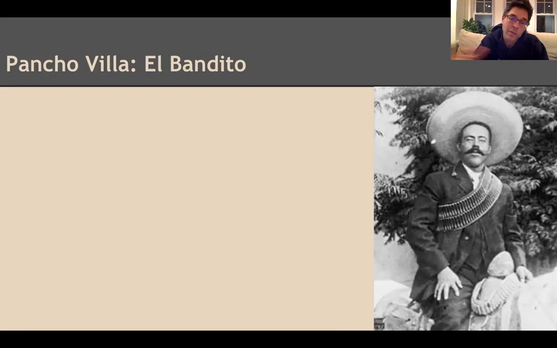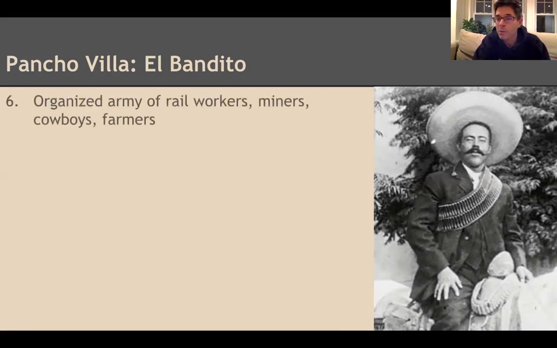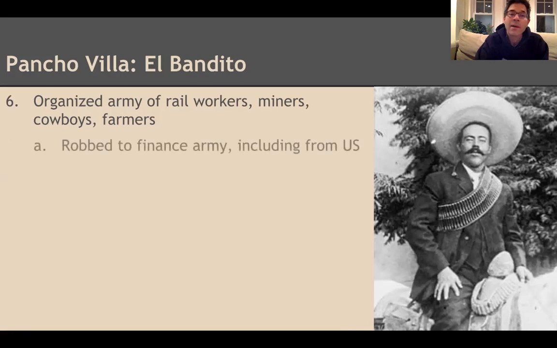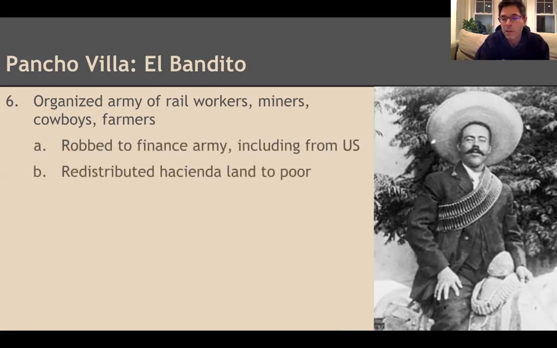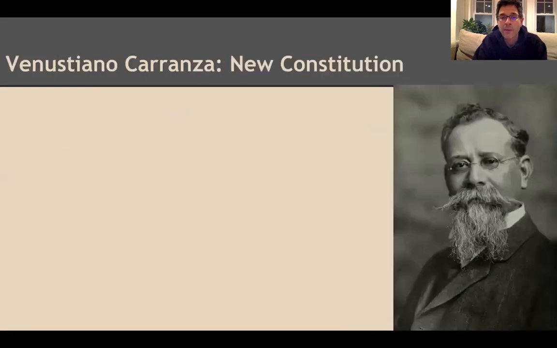The other figure who's based further up north is Pancho Villa. There's a little statuette of Villa also in the filing cabinet in room 346. He basically was a bandit, a Robin Hood type who smuggled and robbed from the United States and from others. He organized more people who were more associated with the industrial economy, unlike Zapata, who was more associated with campesinos and rural peasants. But basically, he ran an army and raided and caused mayhem and tried to break up a lot of haciendas. He also was assassinated after the revolution.